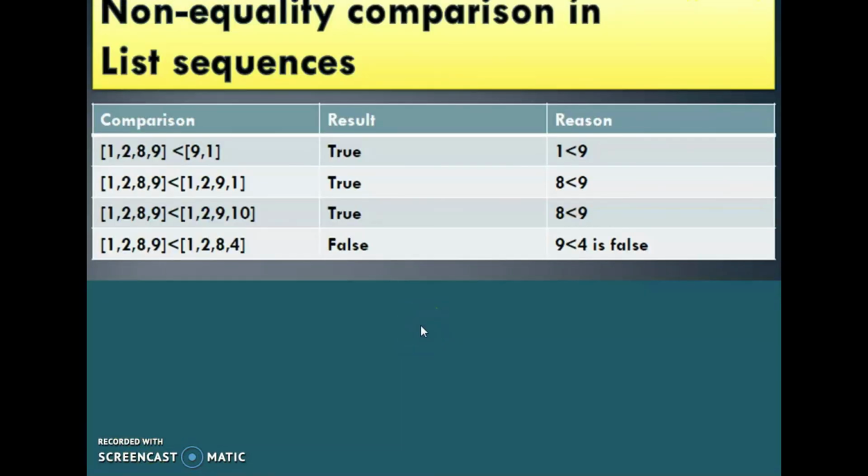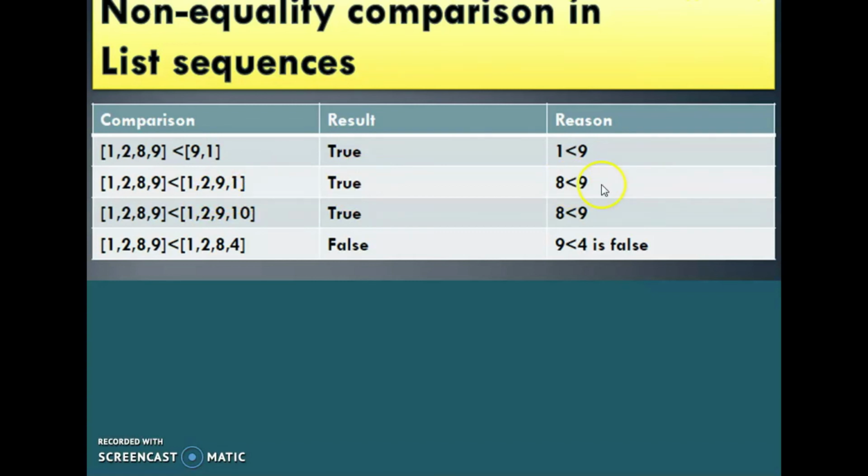Then non-equality comparison in list sequences. Here check this one. 1, 2, 8, 9 less than 9, 1. Yes, this is true because 1 less than 9. First condition, 1 less than 9. This is true. Then 1, 2, 8, 9 less than 1, 2, 9, 1. This is also true.